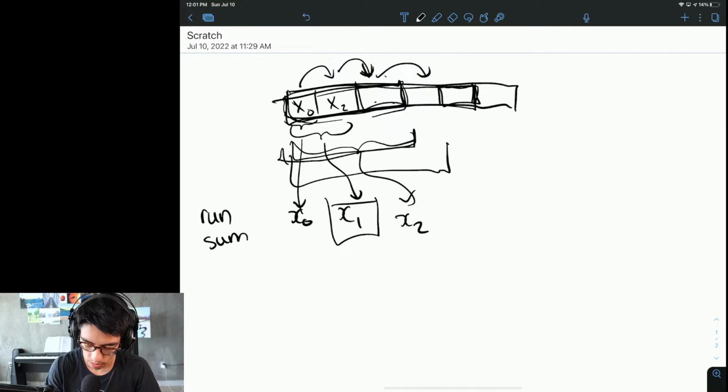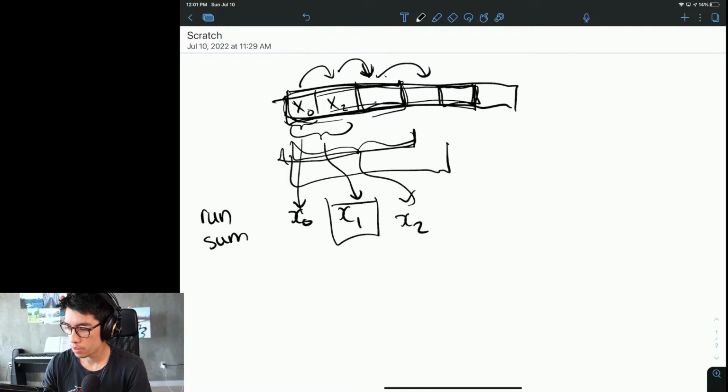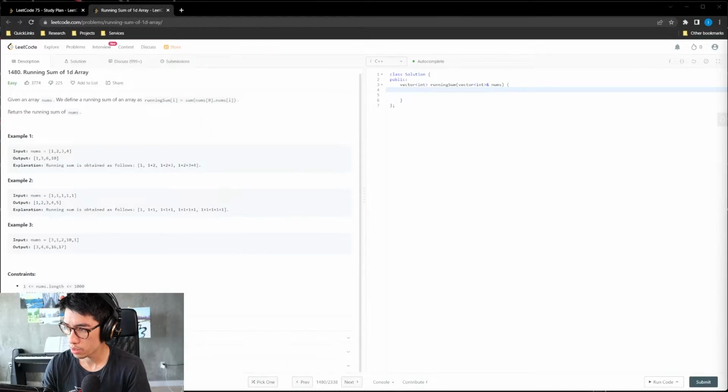And that's due to the fact that this problem has problems within a problem. I forget what it's called, but in dynamic programming, what is it? Optimal substructure.